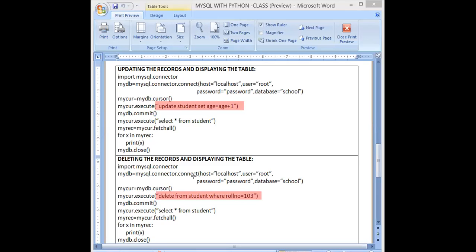The program is very simple, so you have to practice this program. First line: start a program. Second: import a module. Third: open a connection. Fourth: create a cursor instance. Fifth: execute the SQL query. Sixth: fetch the records from the result set. Seventh: close the connection or clean up the environment. That is the seventh step.